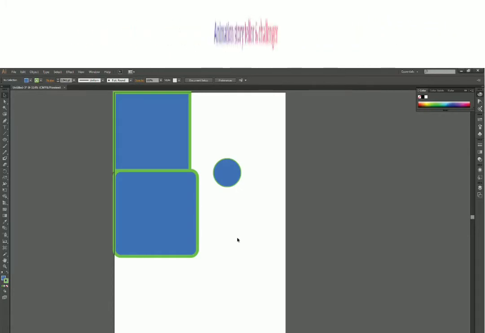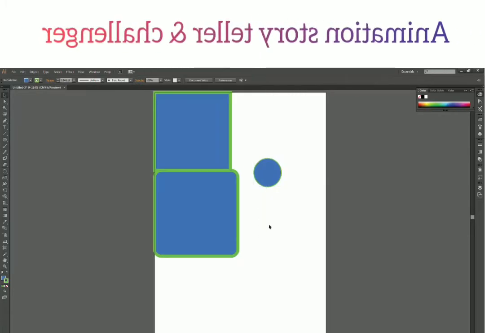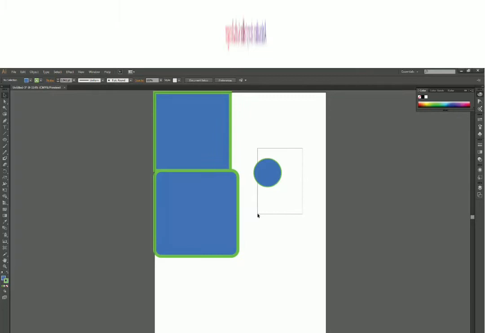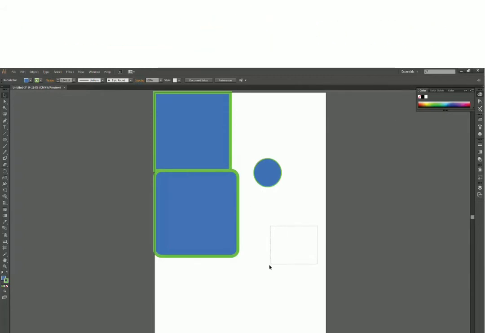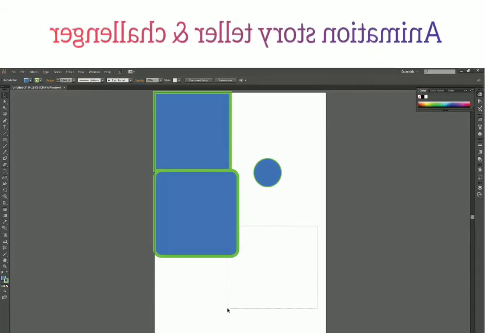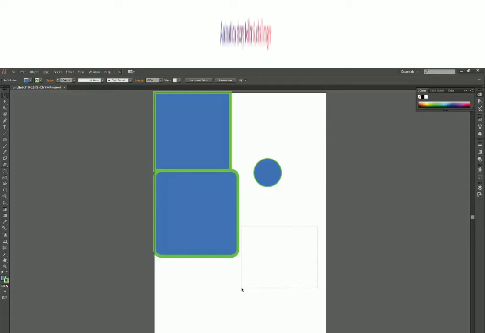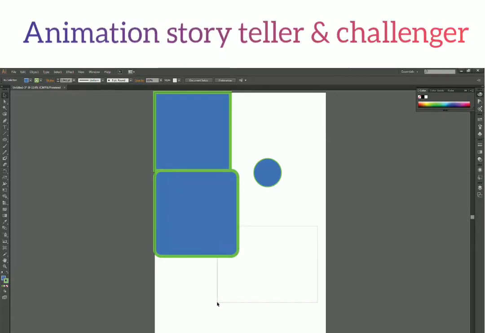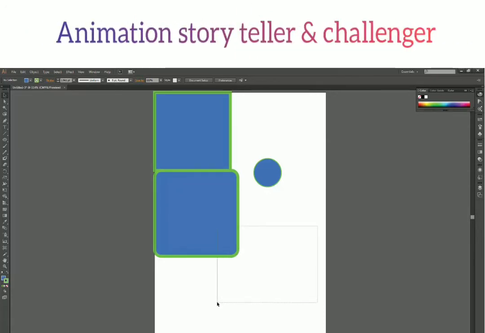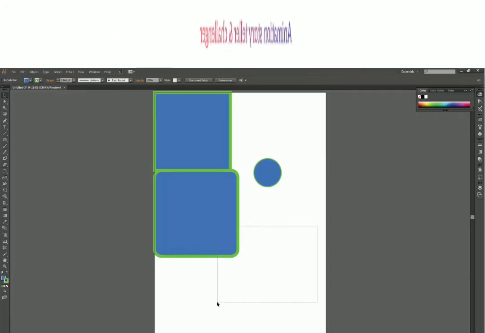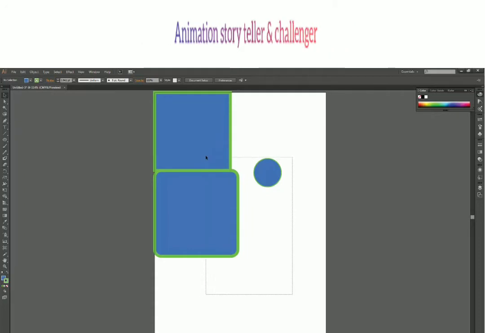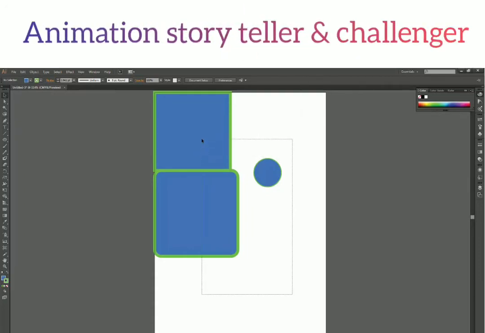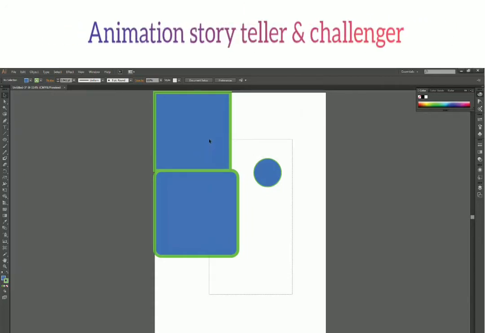Press Ctrl 0 again, and you can also click and drag to select multiple shapes from here. Let's say I click and drag. There is a rectangular box that follows my cursor when I click and drag. Any shape that touches this rectangular box, or is even inside it, will be selected.